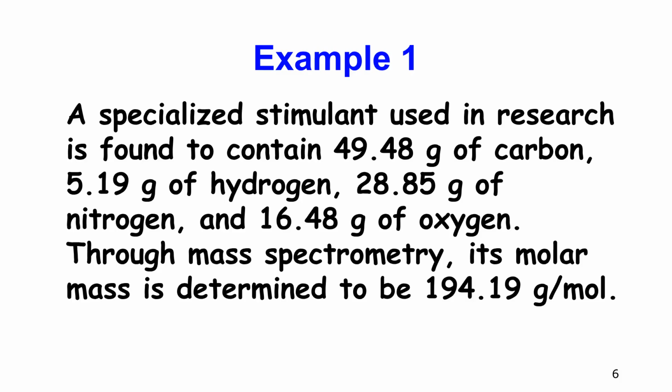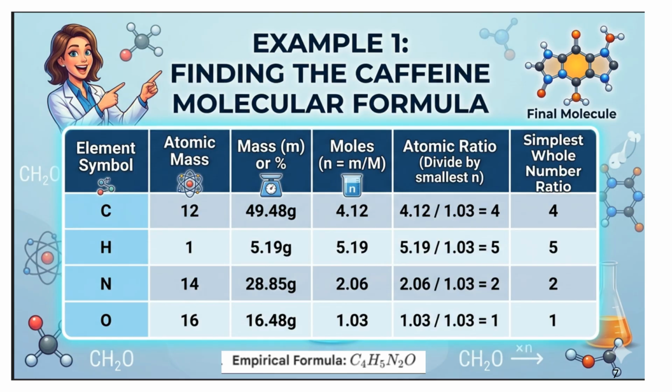A stimulant is found to contain 49.48 grams of carbon, 5.19 grams of hydrogen, 28.85 grams of nitrogen, and 16.48 grams of oxygen. Its molar mass is 194.19 grams per mole. Following the steps, we find the moles and then divide by the smallest number of moles to get the ratio. The simplest whole number ratio is 4:5:2:1 for carbon, hydrogen, nitrogen, and oxygen respectively. This gives us the empirical formula,